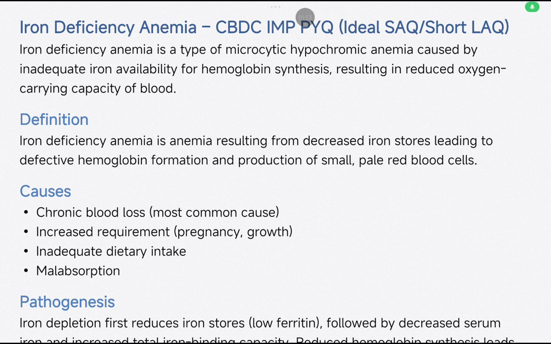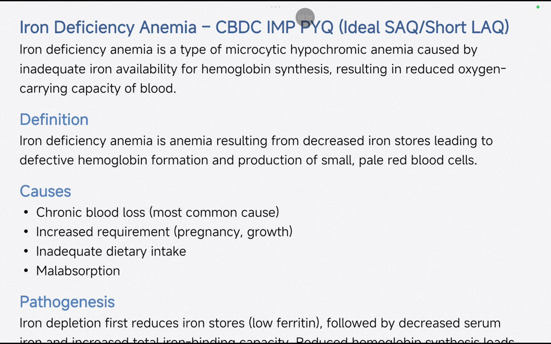Third is inadequate dietary intake, that the required level of iron, which is needed daily in our diet, we are not taking, and that can also cause iron deficiency anemia. And last is malabsorption. Malabsorption is that the input is proper. You are taking the required amount of iron in your diet, but your body is not able to absorb it. So net result is there is a loss of iron